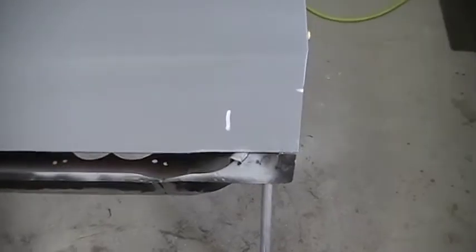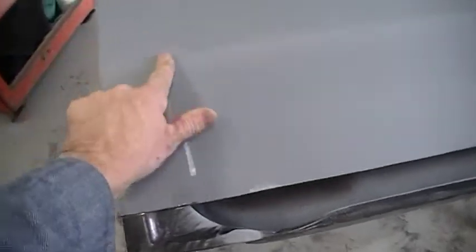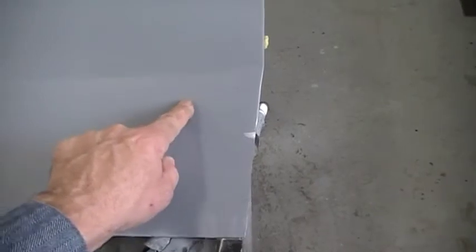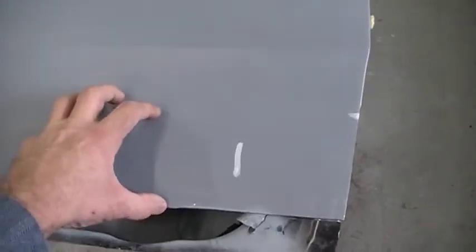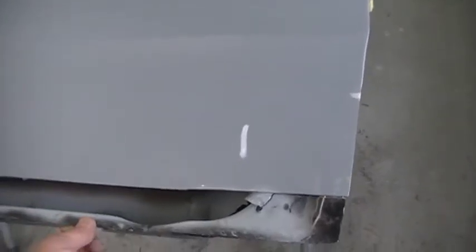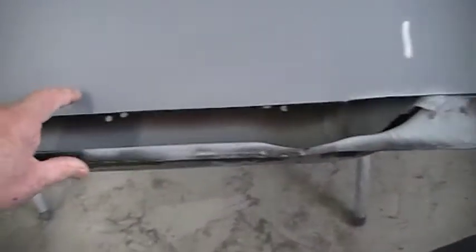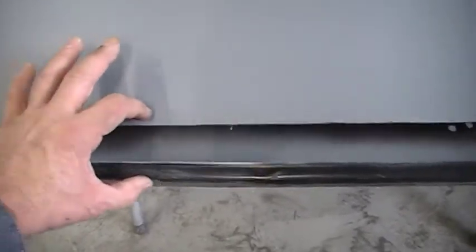And the same way I showed you the seam on the front will be done on the back. You could have went up here to this line. It's a pretty strong body line to work on if you wanted to seam in here. If there was that much rust, I would have done that, but this panel was pretty strong besides the lip itself, so I'm not going up here. This is pretty stiff right here, and I'll be able to hold that heat right down here, so any body work will be just in this